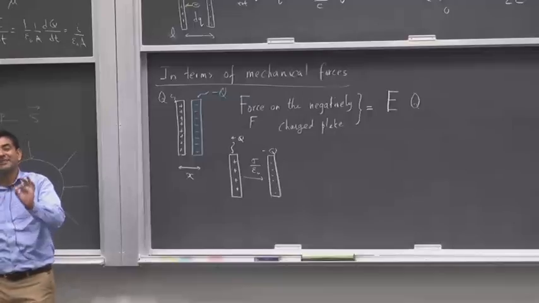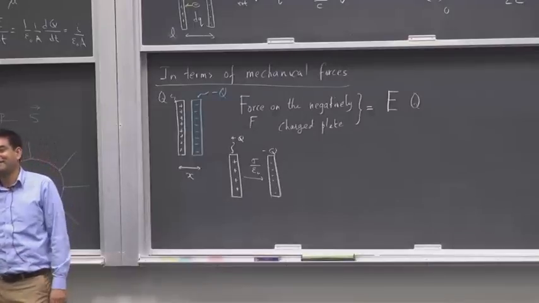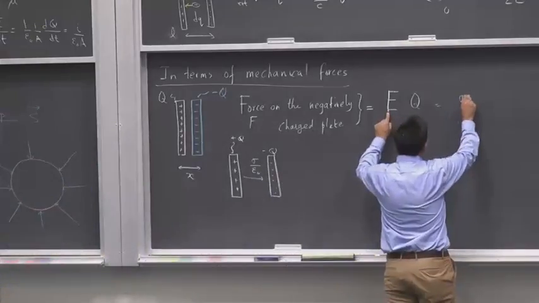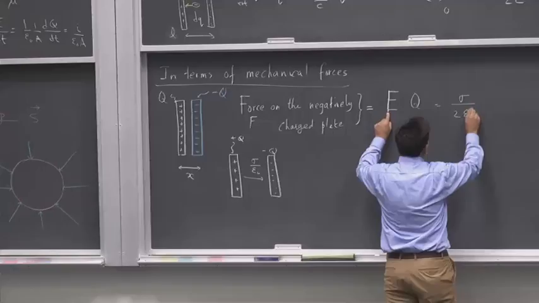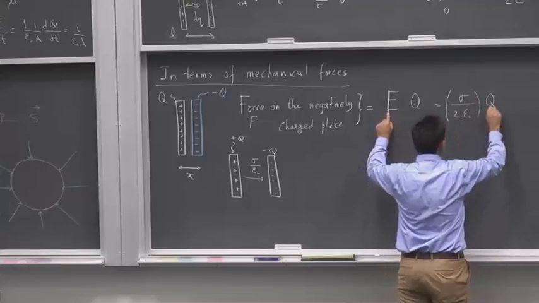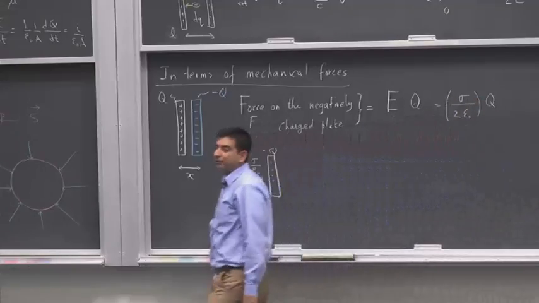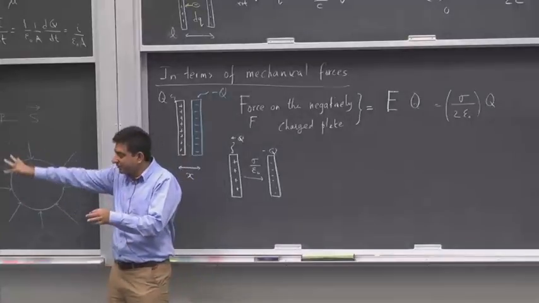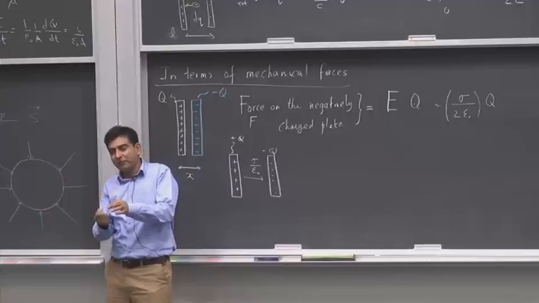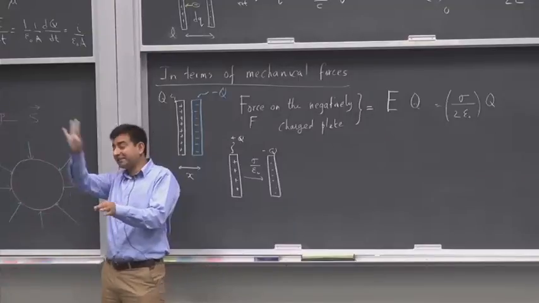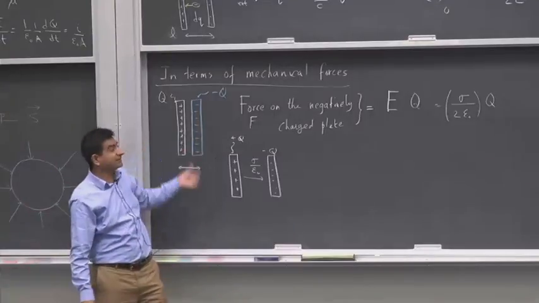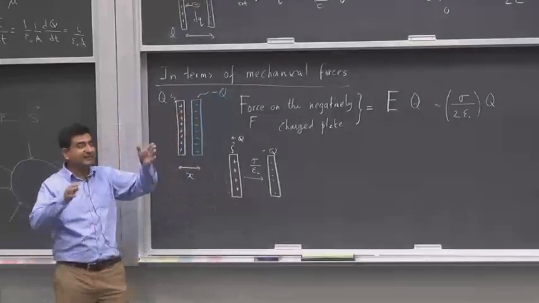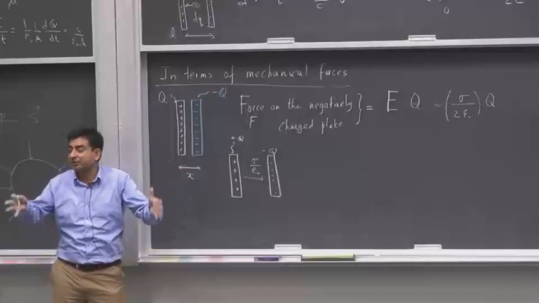I should actually place sigma over 2 epsilon naught. Why? So this electric field is really sigma over 2 epsilon naught into Q. The reason is that when I'm calculating forces, I just place a charge in an electric field and I calculate the force on that charge that has been placed inside an electric field. Now here my test charge is this negatively charged plate. This is a large uniform field that is produced by this single positively charged plate, that is sigma over 2